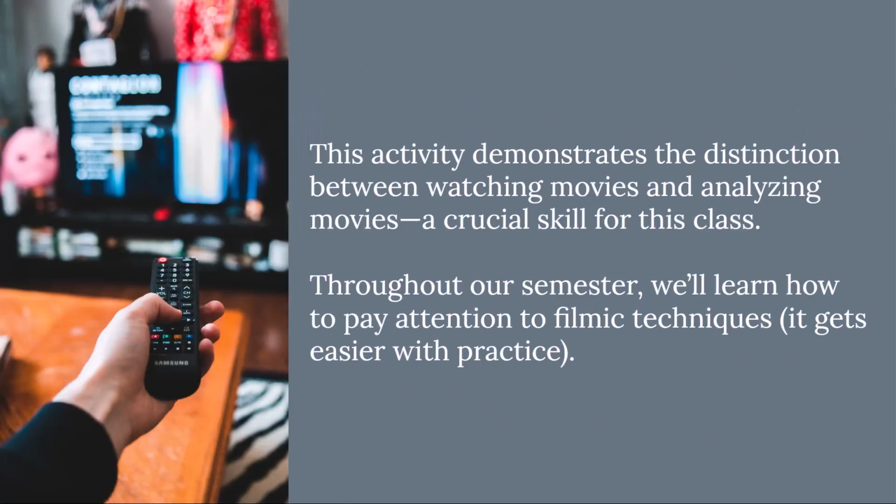This exercise demonstrates that, just in these first 40 seconds, the viewer can surmise quite a bit about Once Upon a Time in the West. As you watch films in this class, and on your own, I hope you'll practice identifying filmmakers' creative choices and analyzing how those choices affect viewers' understanding of the movie. Don't worry if this exercise is difficult at first. I promise it gets easier with practice.